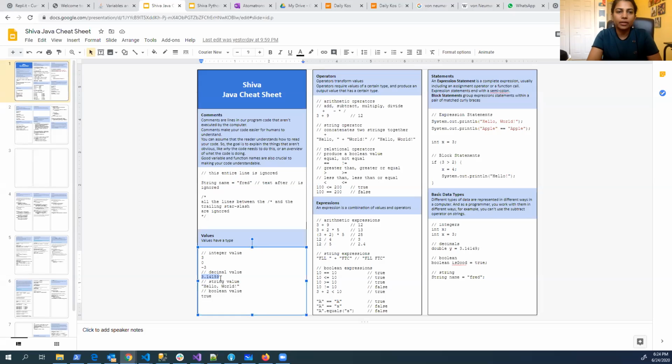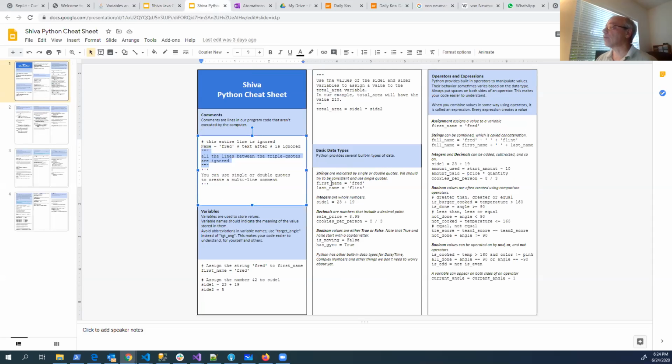I think they call it just whole numbers and decimals. Right, Rylan? Yes. Okay, good. So whole numbers, decimals, also strings. Strings in Java have to be in double quotes like that. Strings in Python, you can have them in single or double quotes.